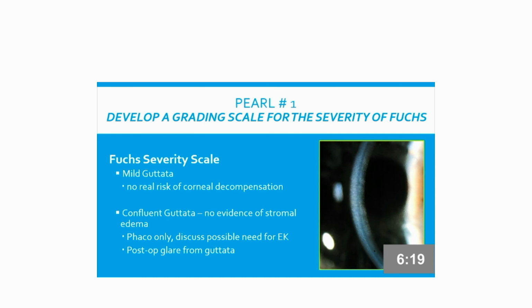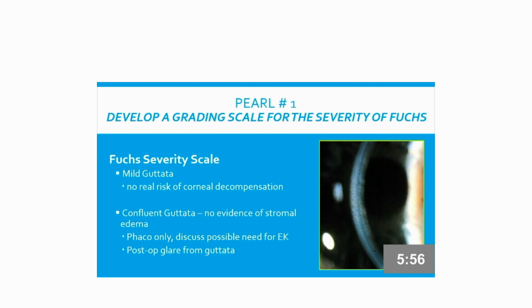But I think it's important because every once in a while, the guttata don't look severe, but the endothelial function is reduced, and there's a very, very slight risk of decompensation. The next stage would be confluent guttata, no evidence of stromal edema. Again, in this case, we would do phaco alone, but discuss the potential need for endothelial keratoplasty, and definitely these